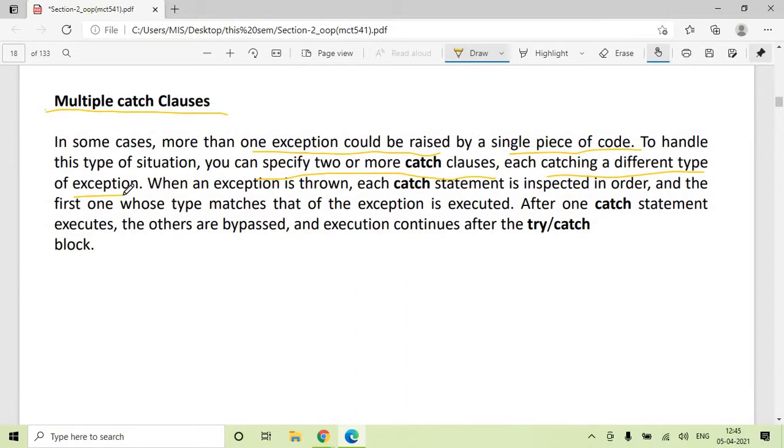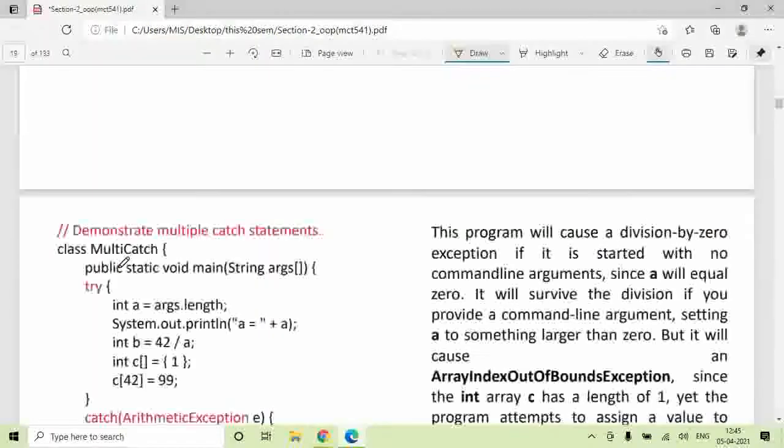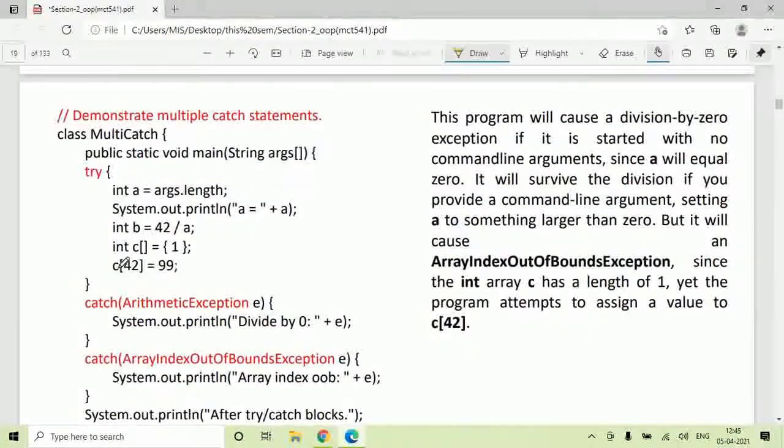When an exception is thrown, each catch statement is inspected in order, and the first one whose type matches that of the exception is executed. After one catch statement executes, the others are bypassed and execution continues after the try catch block. Let us understand this with the help of this simple program.